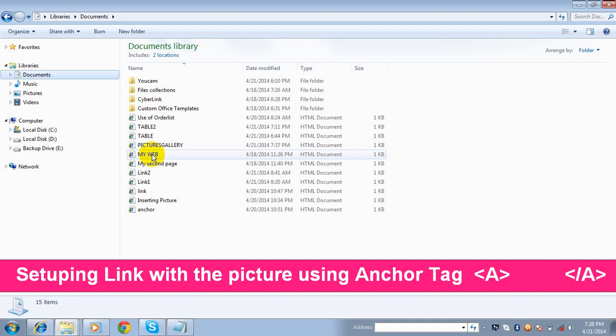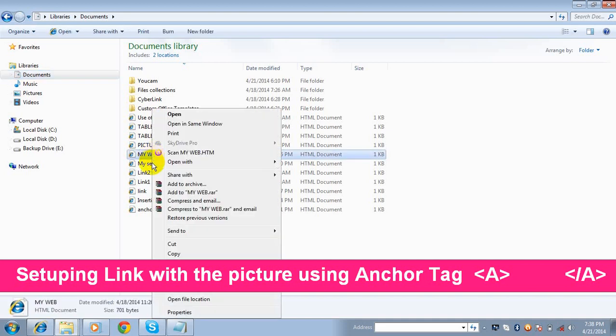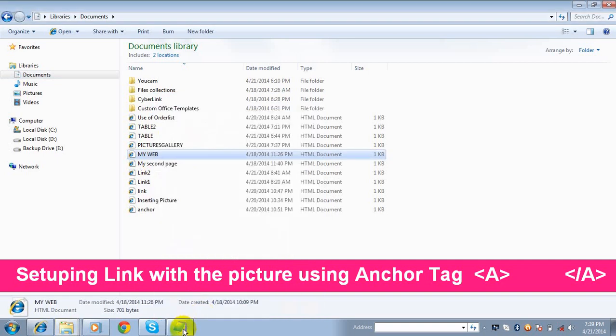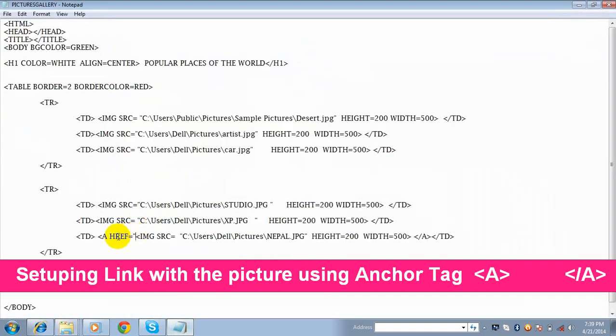So let's right click on this file because this file contains a few pieces of information about Nepal. Now right click on it, click on properties. Now highlight the location, right click on it, click on copy. This document extension is .htm. Okay. Now go to the text editor. Inside this, href equal to double quotation mark begins here.